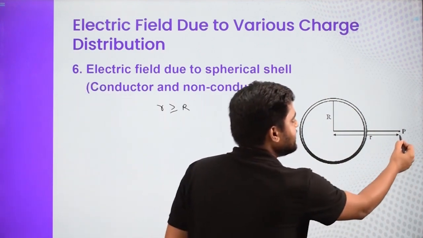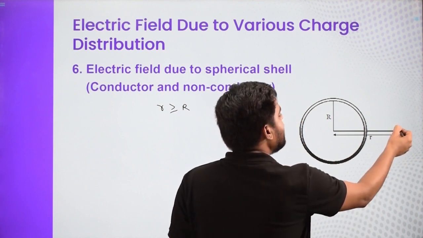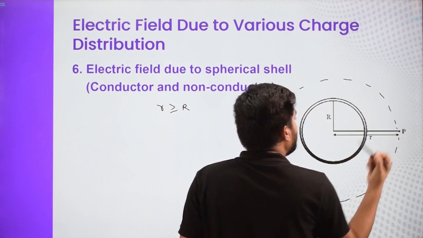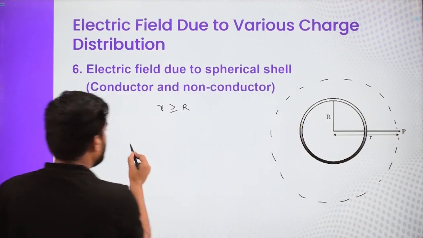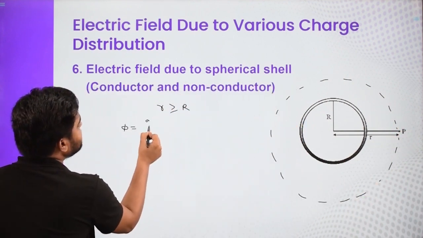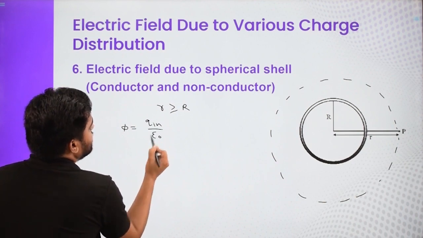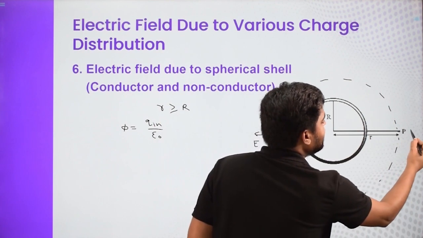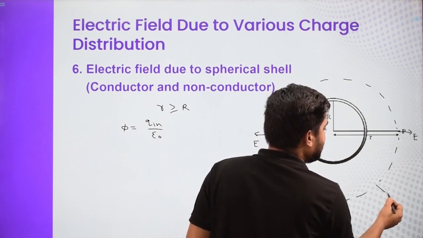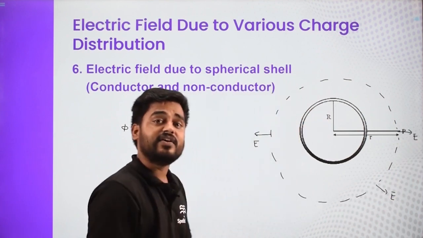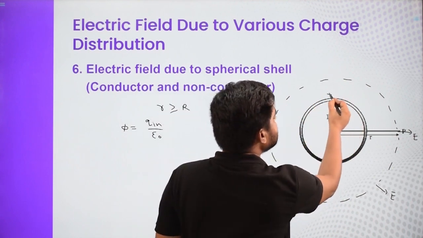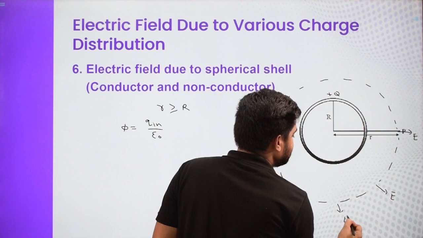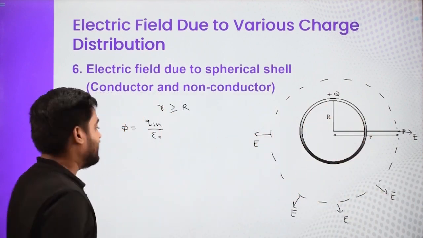Now the next case is that we are going to talk about r greater than or equal to R. So let us consider this point P, and here I am assuming again the Gaussian surface. It is the same as the previous case. Only thing is here the total flux again is Q in by epsilon naught. So here also I am assuming E to be the magnitude of the electric field and the direction to be radially away. Why are we saying radially away? Because I am assuming this to be positively charged. So this total charge is Q and the E is basically radially away, right?